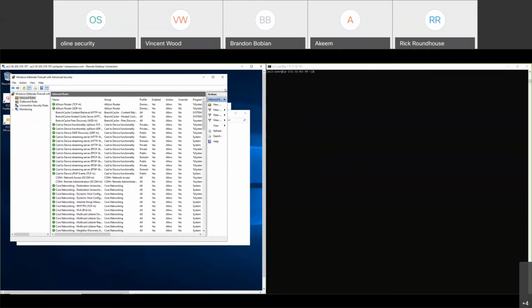IPSs are more favorable because it'll detect and stop. IPS stands for intrusion prevention system. So it will say, hey, these are an abnormal amount of ping requests. Let me stop it because you already configured me to stop this. So that's how you would stop it. And there's more ways to stop it. The most effective way is with an IPS so that you can still use the ping utility because you're going to need it.